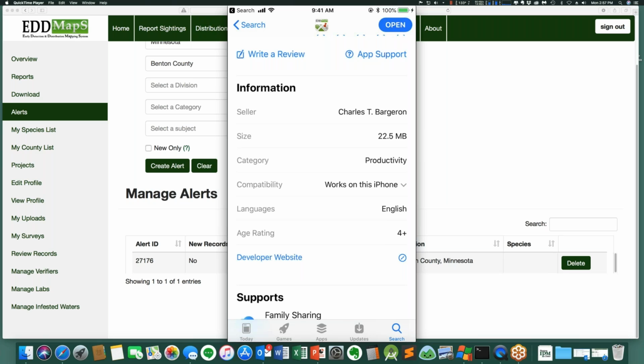So if giant hogweed, for example, was reported somewhere in Minnesota using iNaturalist, and a couple of people said, hey, this looks correct, then it would go into the verification queue for it to be reviewed within EDDMapS, on a routine basis. We did the backlog, and then we're going to keep running it every few months or so, just to make sure we don't miss something that's